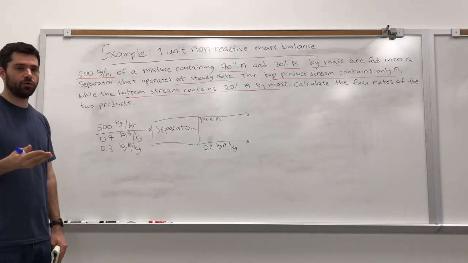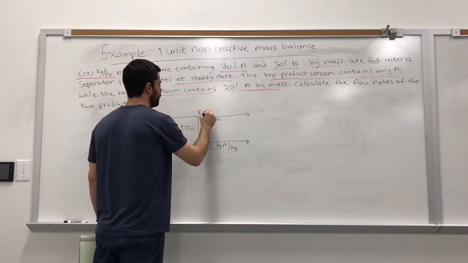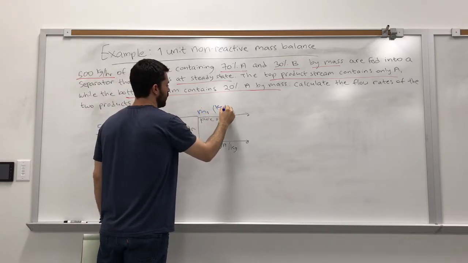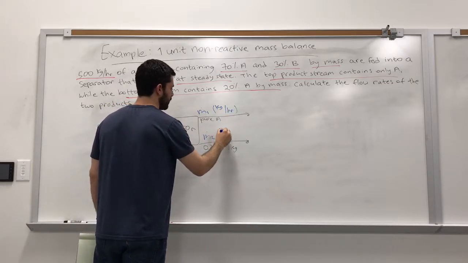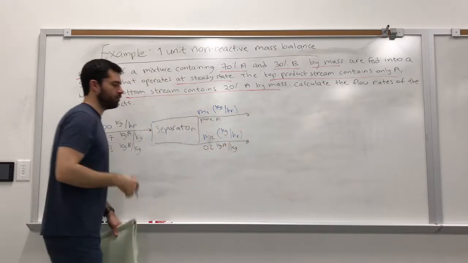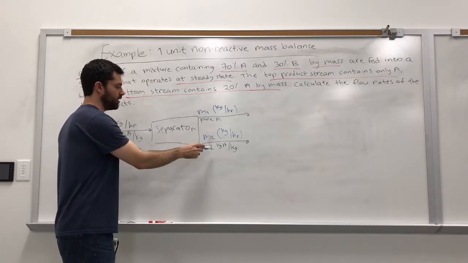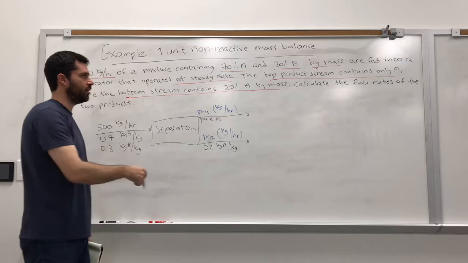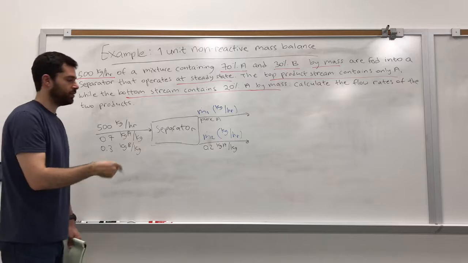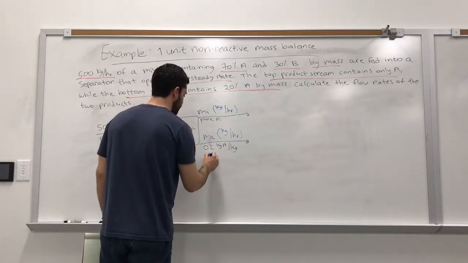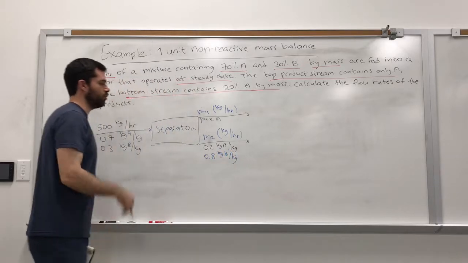Now we're going to mark what we don't know with letters as unknowns. So I'm going to mark the top stream as M1, and it's going to have units of kilograms per hour. I'm going to mark the bottom stream M2. That's also going to have units of kilograms per hour. And another thing that I wasn't told, but I can infer from the data: I'm told that this stream contains 20% A by mass. And since I know that I've only had A and B coming into the system, then we can fill in the blanks and say that it contains 80% B by mass. Okay, so we mark down